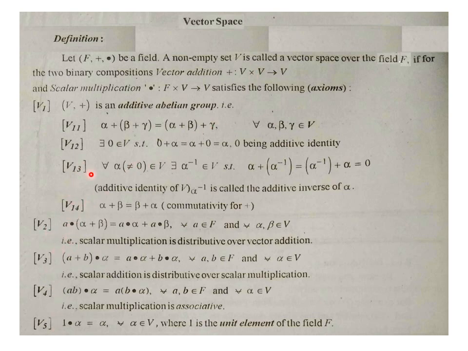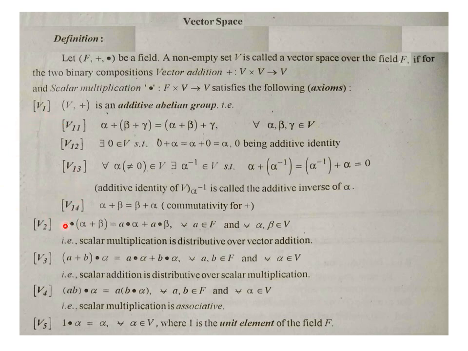Here in V13, for alpha, which is a non-zero element of set V, say alpha inverse also exists, that is 1 upon alpha also exists in V, such that if we add these two, alpha and alpha inverse, in any order, that is alpha plus alpha inverse or alpha inverse plus alpha, it must come as 0, which is the identity element of vector. So alpha inverse is called the additive inverse of alpha. Then the commutative law for addition of two vectors, two elements of set V, that is alpha plus beta and beta plus alpha are equal. So that is about the satisfaction of the first axiom and the four different parts of that, V1.